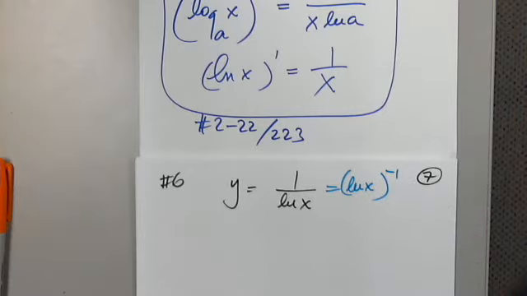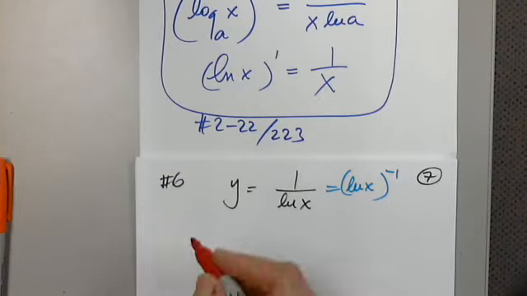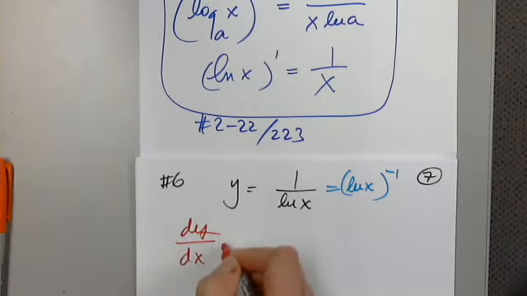Otherwise, I have to use the quotient rule. I don't want to mess with it. The top prime will be 0, and then minus this and that. This is much easier, I think. So now dy over dx, and actually it's the only thing I can do, to that 1 over natural log. So dy over dx is,